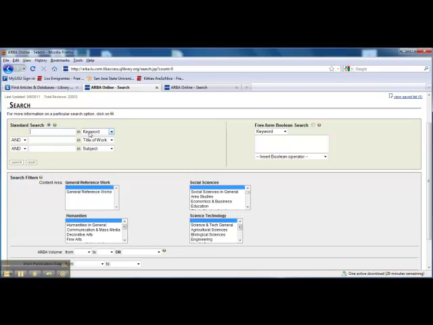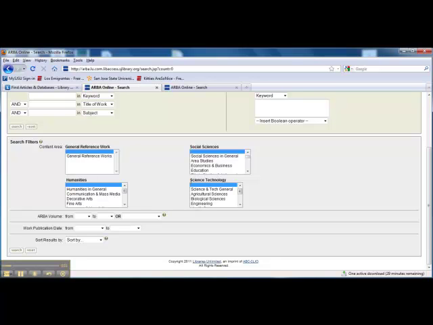To go along with this advanced search, you are able to use search filters to limit what items will be retrieved by the database. If you know of a specific subject that you want, you can click on here, and that will limit the database search to that subject area. Or if you know a volume number or publication date, you can type it in here, and it will also limit the searching